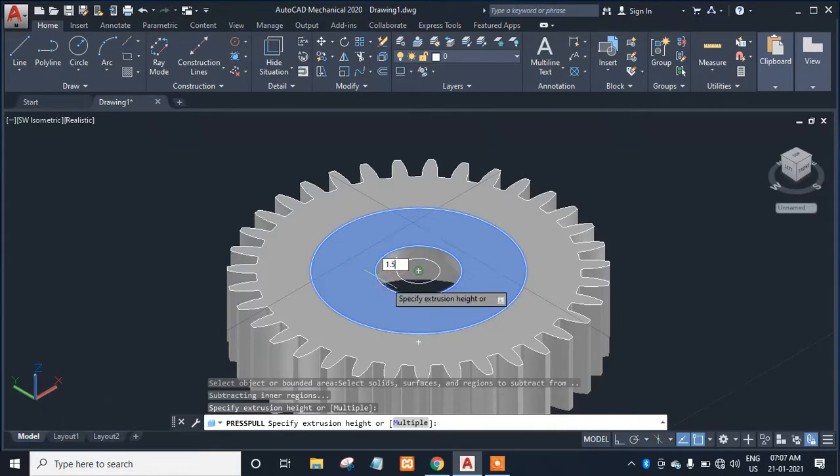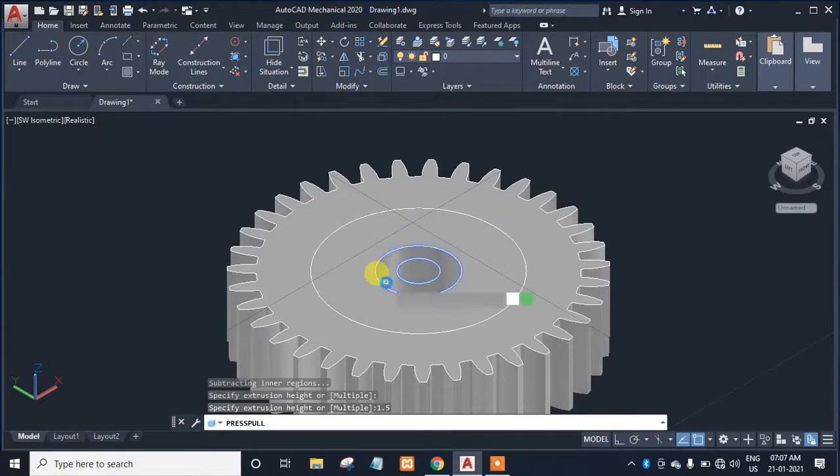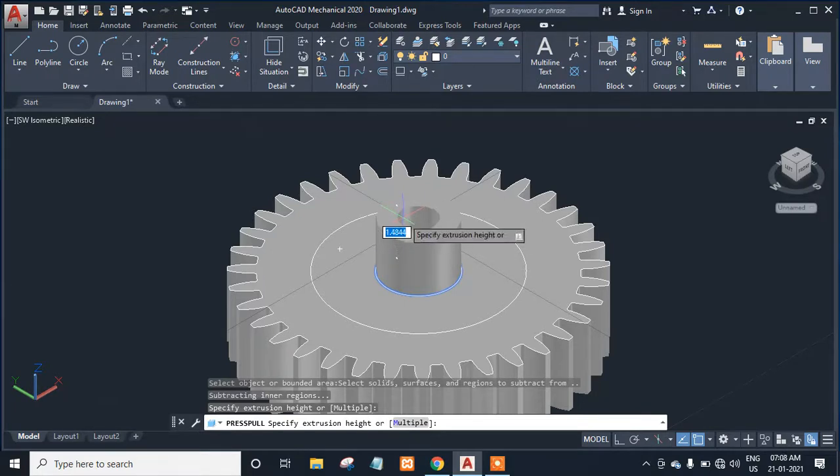1.5 mm. Okay, now this is the inside circle and we'll press pull the inner circle of 1.3 mm.